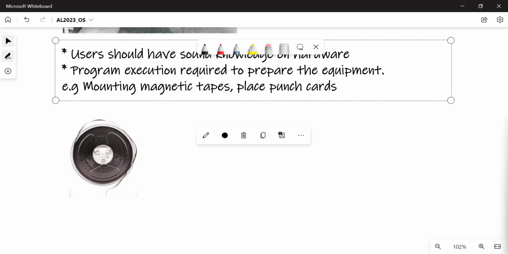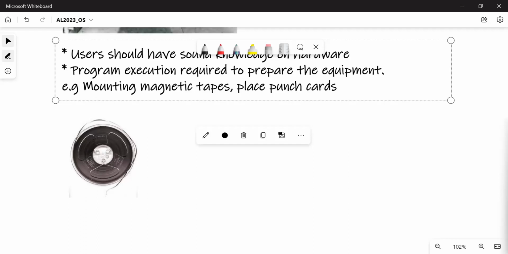Placing punch cards means early days, you had a set of punch cards. You have to put a bunch of punch cards in the machine. It was not like today.